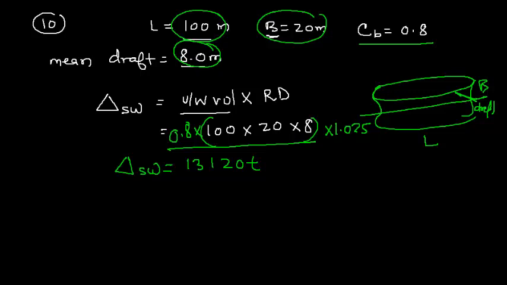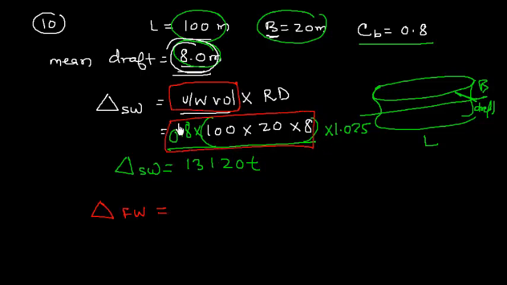Similarly, if the vessel is floating at the same draft, so this 8 meter draft is same, and is floating in fresh water. So let me just find out the displacement in fresh water. It is going to be the underwater volume, which is going to remain same. So let me just do it. 0.8 into 100 into 20 into 8. This is the volume of a rectangular box, and we multiply this by block coefficient, so we get underwater volume multiplied by 1, so I get